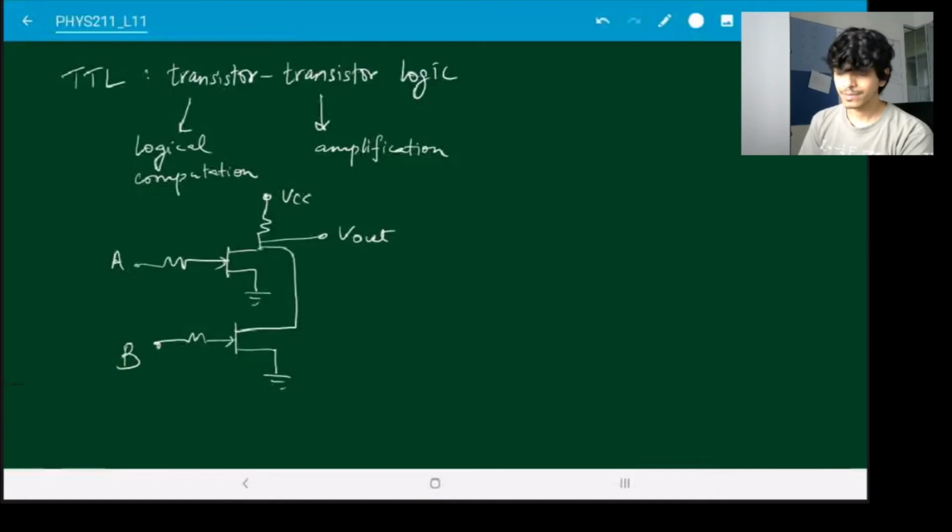So then, accordingly, depending on what kind of component you use, the power consumption will change. How quickly your circuit changes with A and B, that also changes. So depending on what kind of application you have, you may prefer to choose bipolar junction transistors, unipolar junction transistors, and so on. So there are lots of different ways. These ways are in no way exhaustive. This is not the only way that you can build a NOR gate or a NOT gate or any of these gates. There are lots of different possible ways of constructing them.